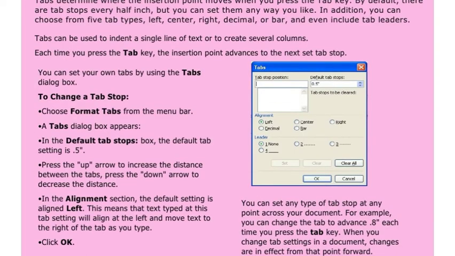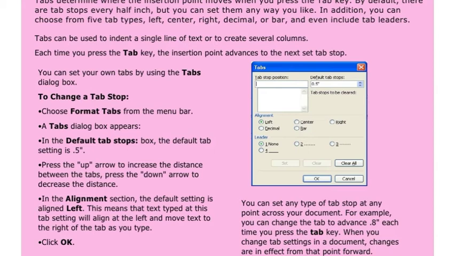Now tabs. As I earlier told you, there is a big difference between indent and tabs. Now what is a tab? Tabs determine where the insertion point moves when you press the Tab key. By default, there are tab stops every half inch, but you can set them any way you like.